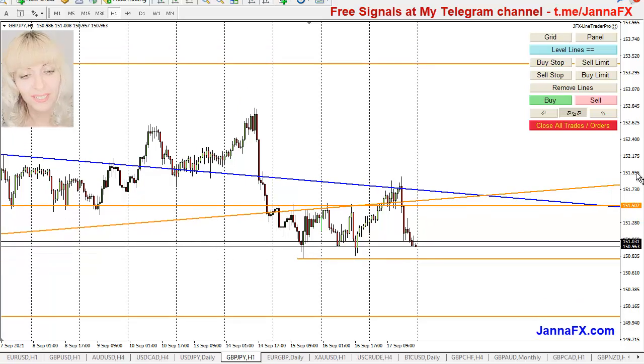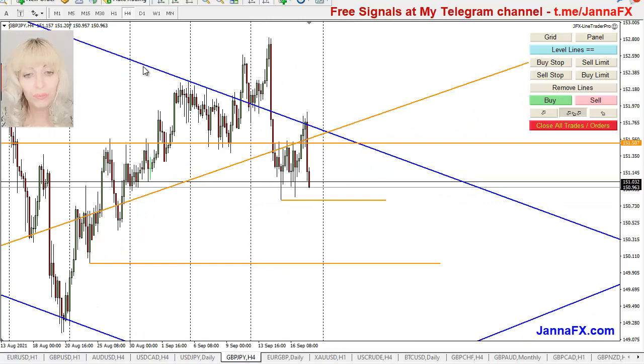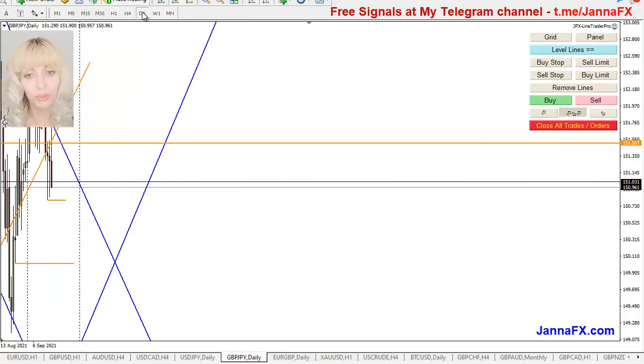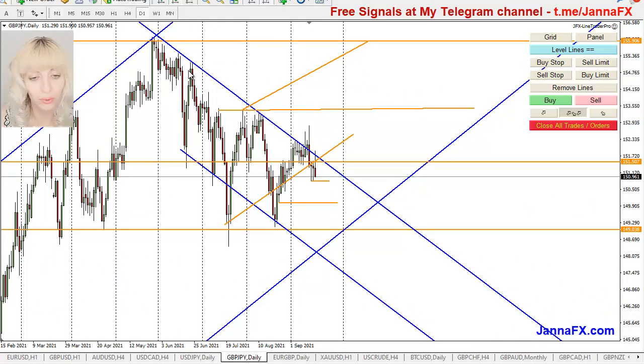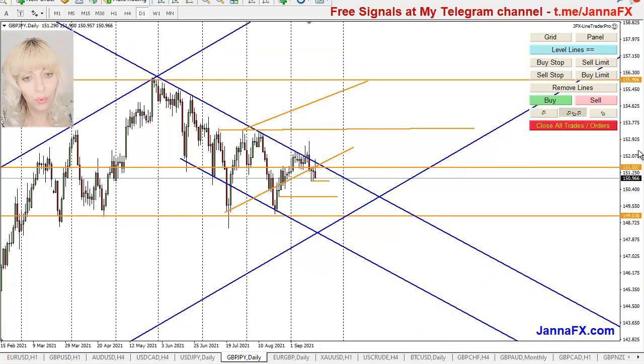They're probably lying. So pound yen, the same. When I'm showing you, I'm telling you what I'm expecting and explaining why, but when it happens exactly as I said, it doesn't mean I knew exactly, right? I'm just telling you why I think it's going to go this way and what to do if it does, but I don't know 100%, okay? That's why it's an expectation. It's not a prediction, definitely. It's an expectation of going one direction or another, and then we look at why it should go one way or the other. For example, with pound yen.